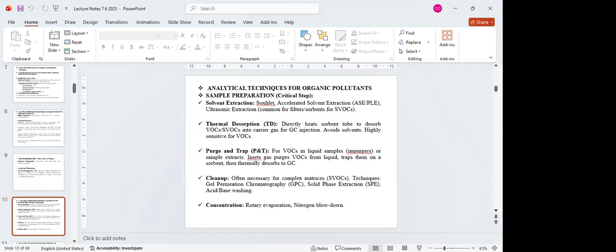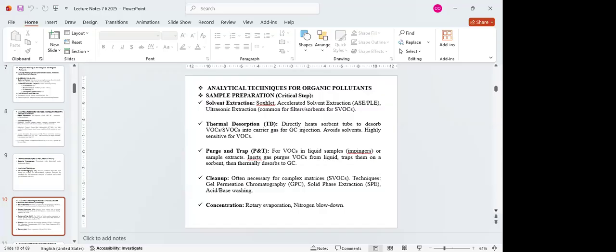Remember that sorbent material at this point has the pollutant of interest with it, and direct heating of the sorbent now excites the sorbent to release the pollutant as it is, and thereby dissolve either